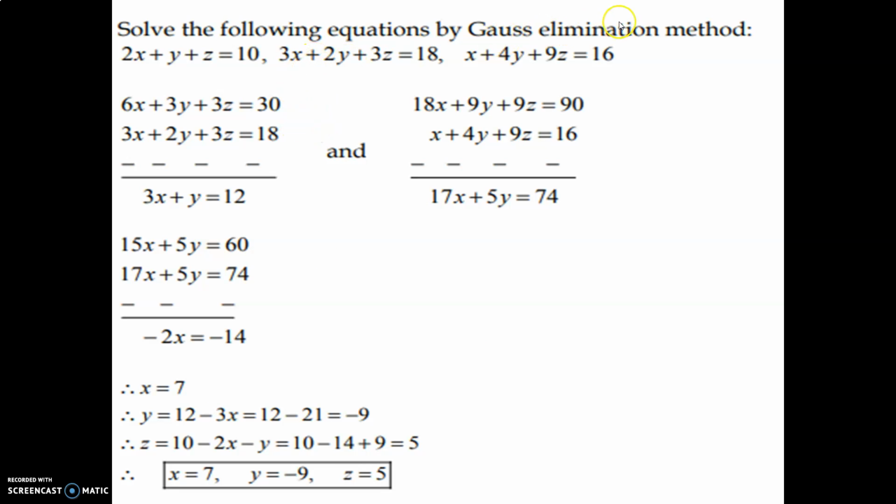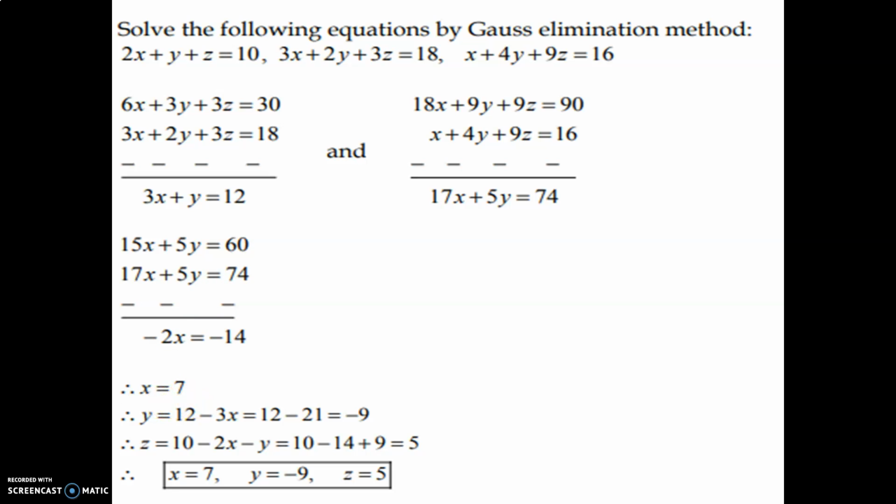Solve by the Gauss elimination method: 2x plus y plus z equal to 10, 3x plus 2y plus 3z equal to 18, x plus 4y plus 9z equal to 16. First and third we solve. 3x plus y equal to 12, 17x plus 5y equal to 74. 15x plus 5y equal to 60, 17x plus 5y equal to 74, so minus 2x equal to minus 14,